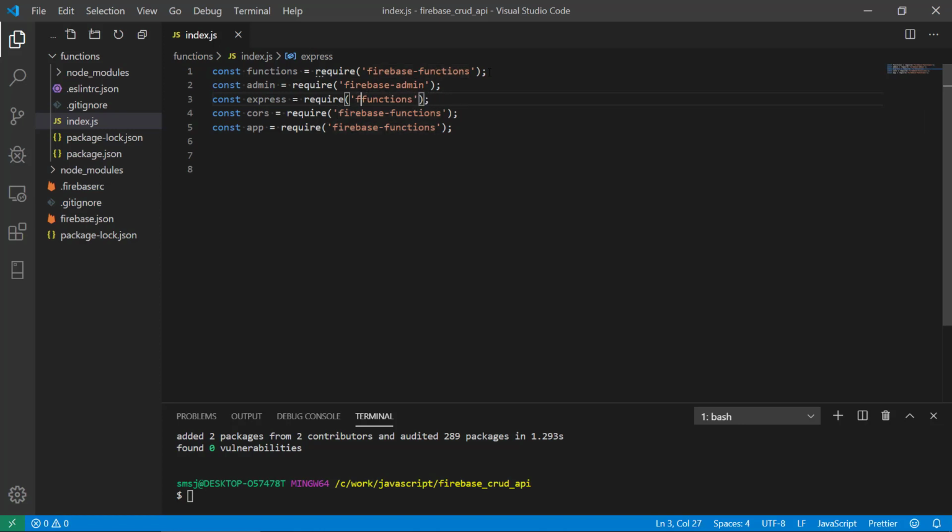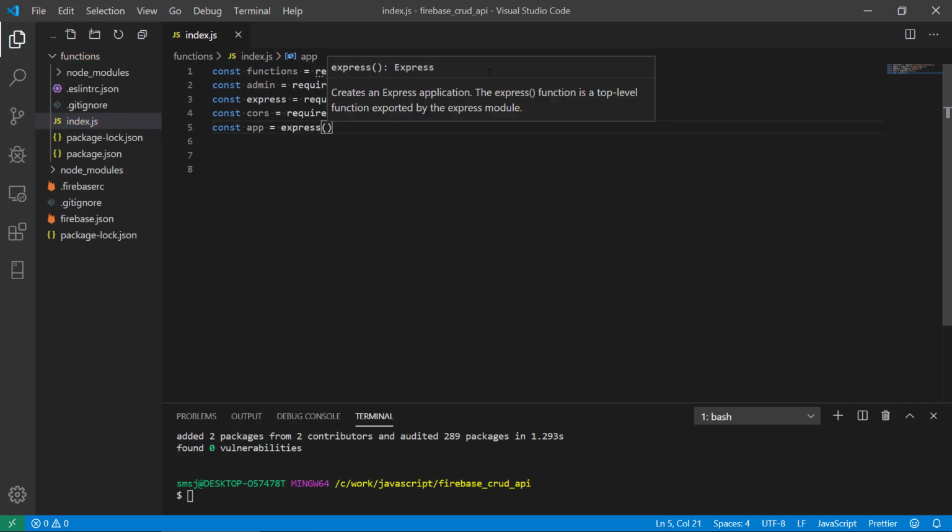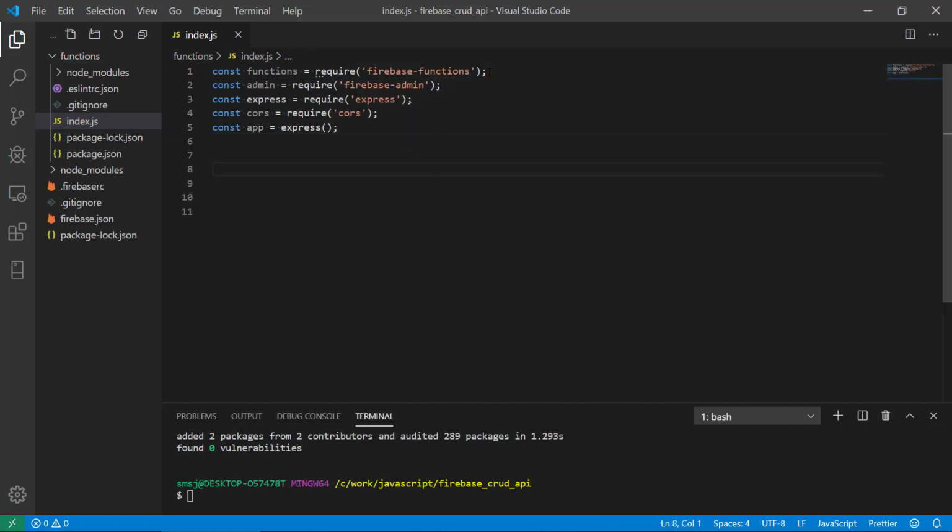We need to have a reference to our Express. We need CORS. And then we need to actually create our Express app. So we do this way here, and in here we will define the routes that we need. It's going to be a CRUD. So we have create, we have read, we have update,